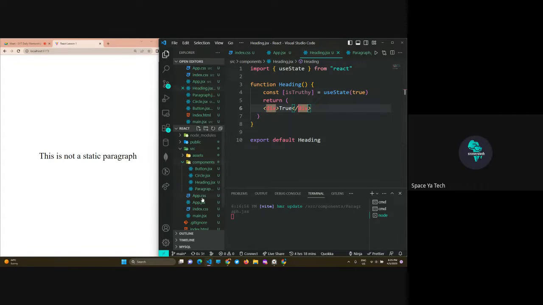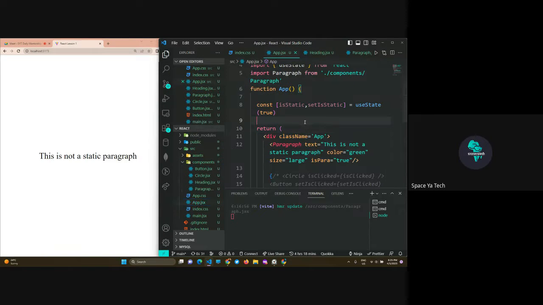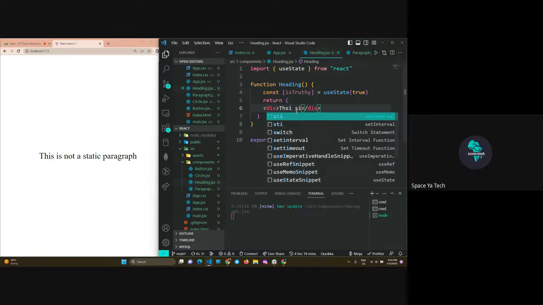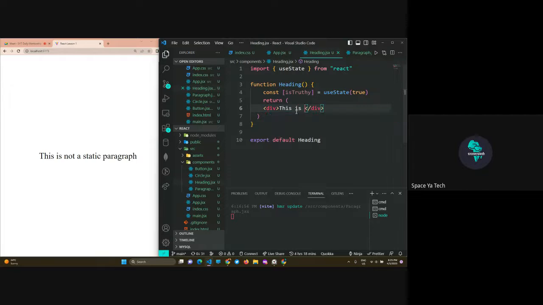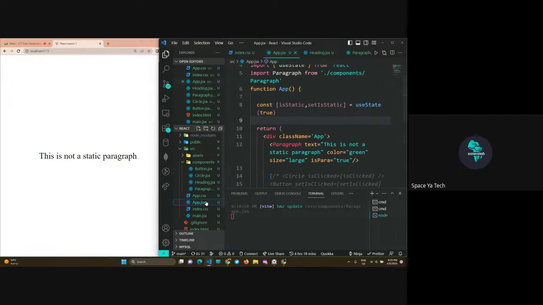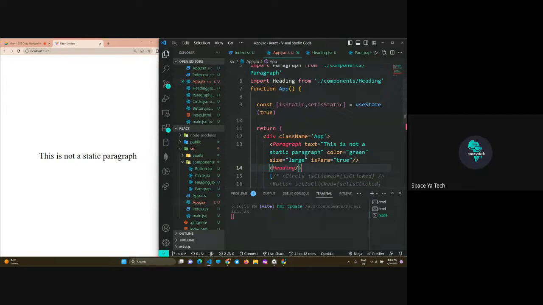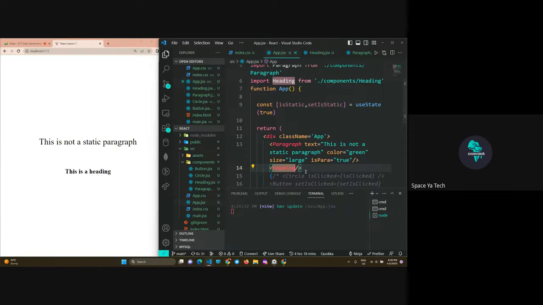If I go back to my JSX, it's a very simple component just called heading, and it just returns true. Or I can just say it is... And then let's change this to H2. I can import it here. So this value, this heading, this component, if I create another one,